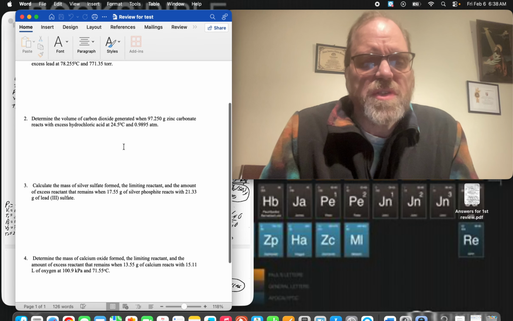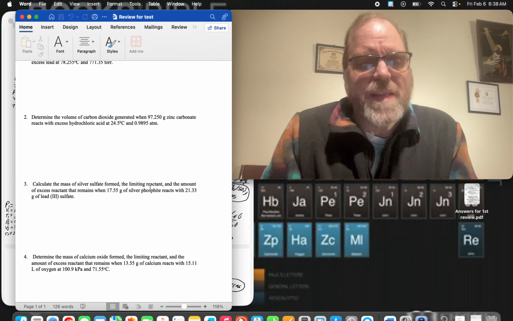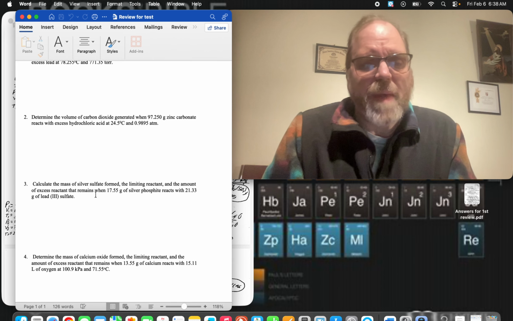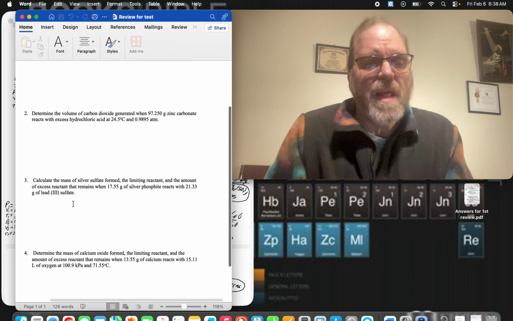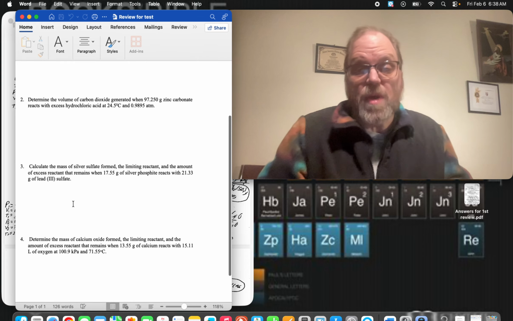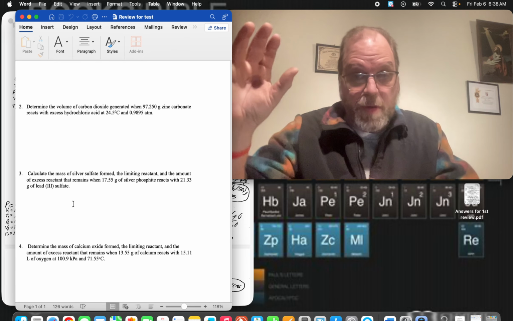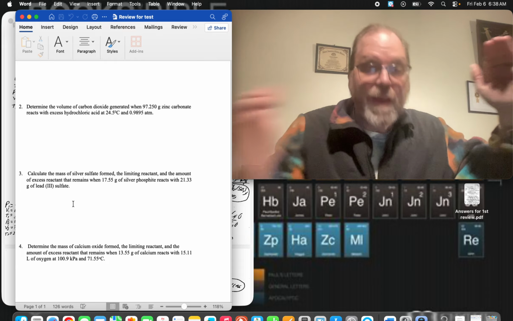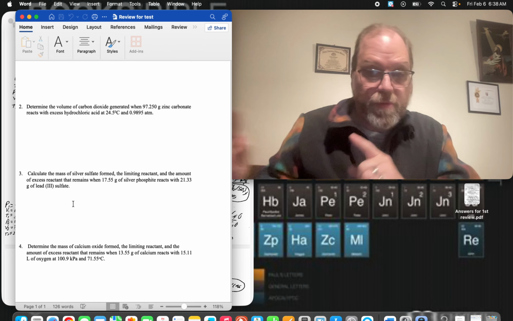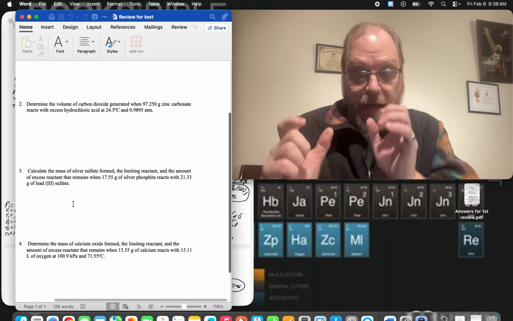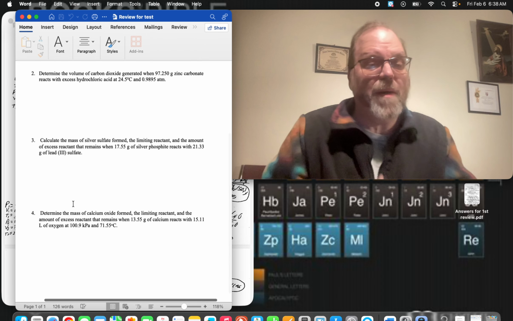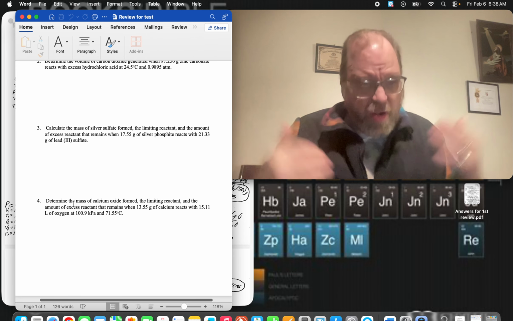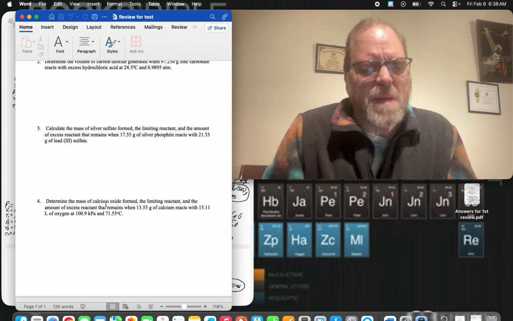Calculate the mass of silver sulfate formed in the limiting reactant and the amount of excess reactant that remains when 17.55 grams of silver phosphite reacts with 21.33 grams of lead 3 sulfate. So we're going to do both reactions, whichever is smaller, that's the limiting reactant, the one that gives you that number. Take that limiting reactant to the other reactant to find out how much was used, subtract it to find the amount of excess, and then finally the one that puts it all together, determine the mass of calcium oxide formed,